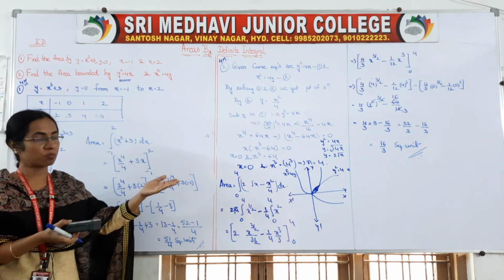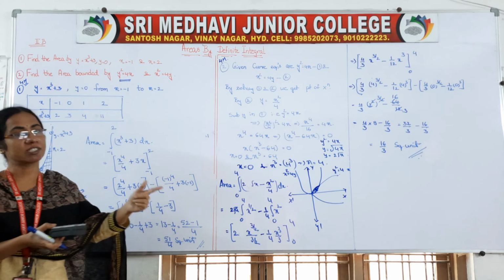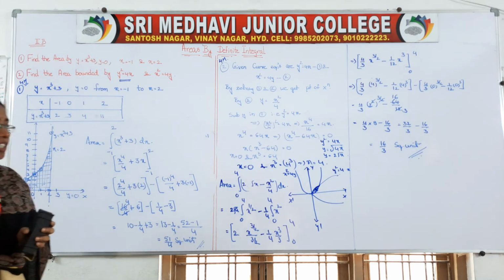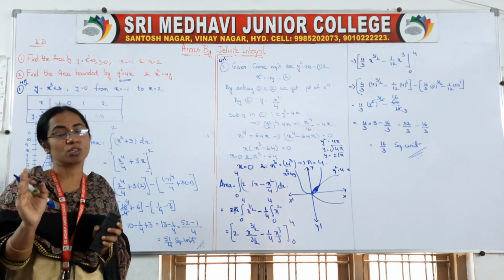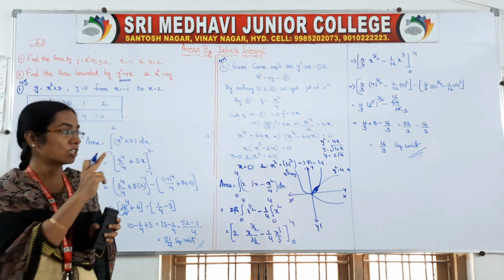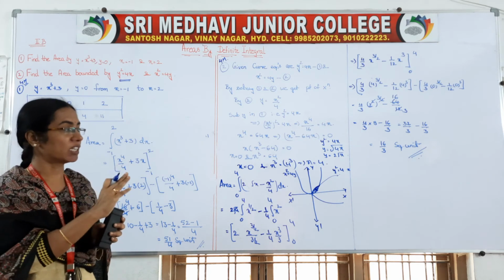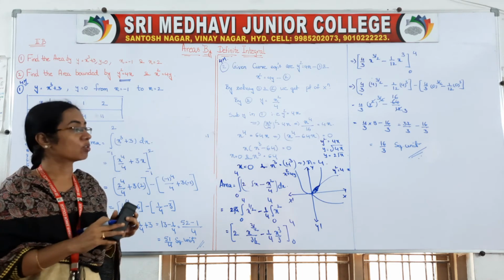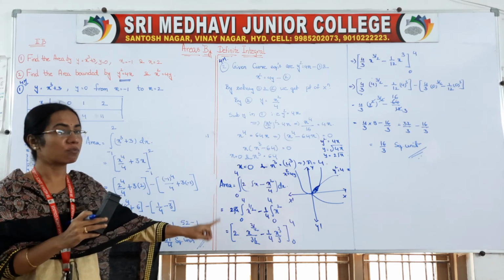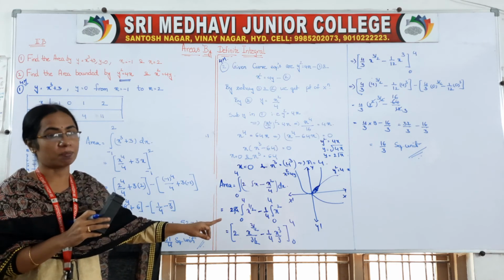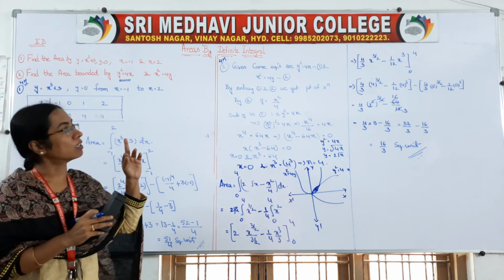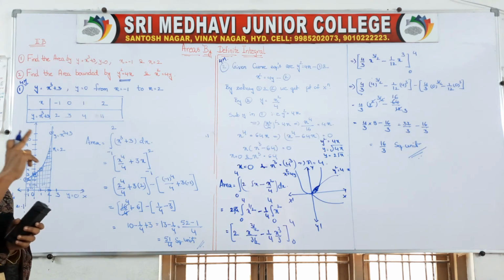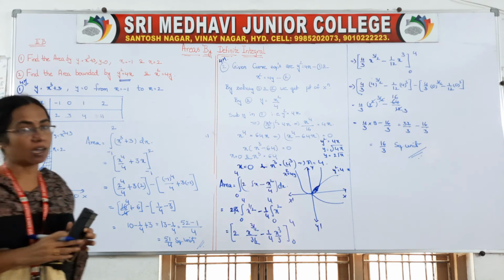By seeing the diagram only, we will know that y square is equal to 4x is the curve which comes upwards. But while taking the curve equation, we always have to take y is equal to as the curve equation. So taking the square root on both sides, y is equal to root 4x, that is 2 root x. That will be our first equation, x to the power of 1 by 2. And the second curve also we have to take as y is equal to. So y is equal to x square by 4 is the answer.